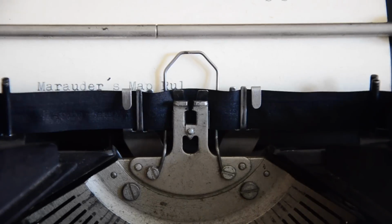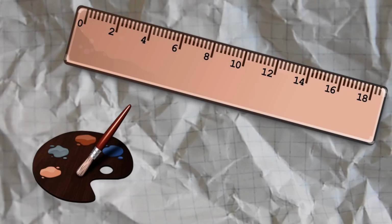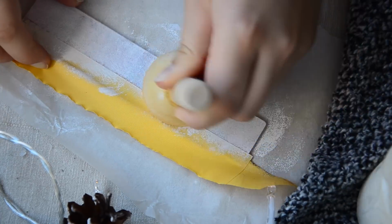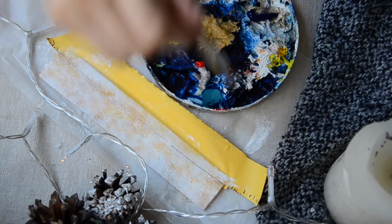As opposed to the last DIY, I actually really like this one. You will need a ruler, acrylic paint and permanent marker. Surprise, surprise. So this is kind of self-explanatory, but I'm just painting it white and then this mustardy color, which